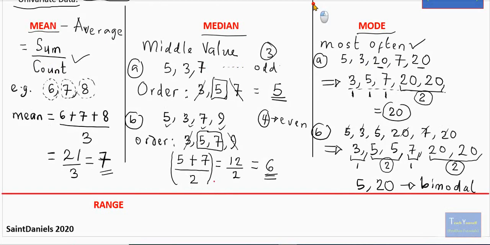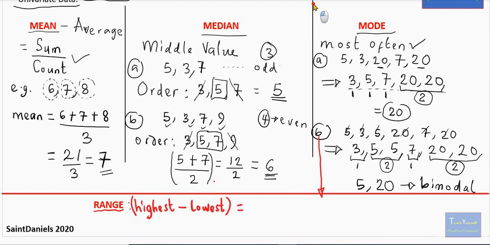And lastly, we have what we call range. Range simply describes the variability in a given data set. Okay, let's look at this B and find the range of this data set B. Range is simply the highest value or the highest data you have minus the lowest data value. So the difference between the highest and the lowest data value is what gives you range, and that is the